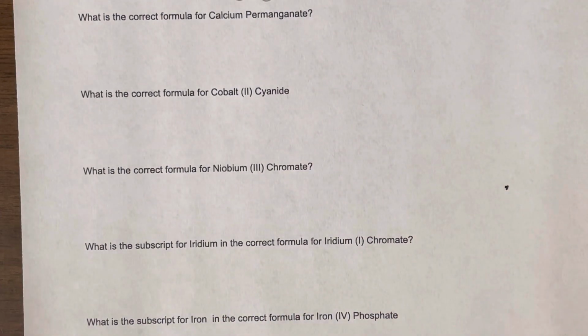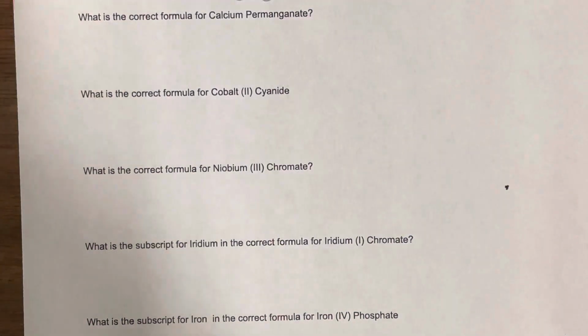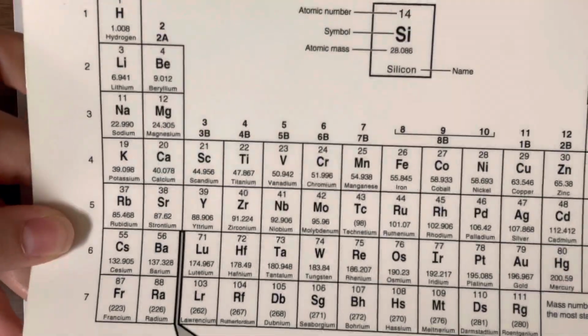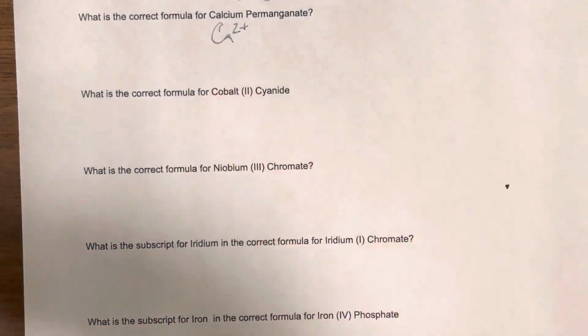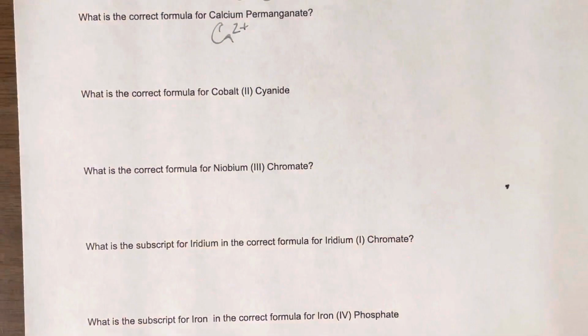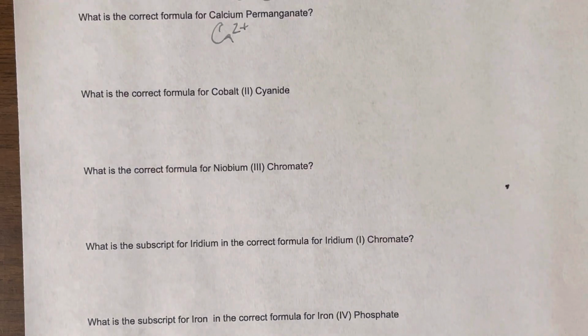What is the correct formula for calcium permanganate? Calcium is going to be element symbol Ca. It is in the second column, which means it's going to have 2 valence electrons. It's going to give those 2 valence electrons away. So I'm going to go ahead and give it a charge of +2, since giving a gift is a nice